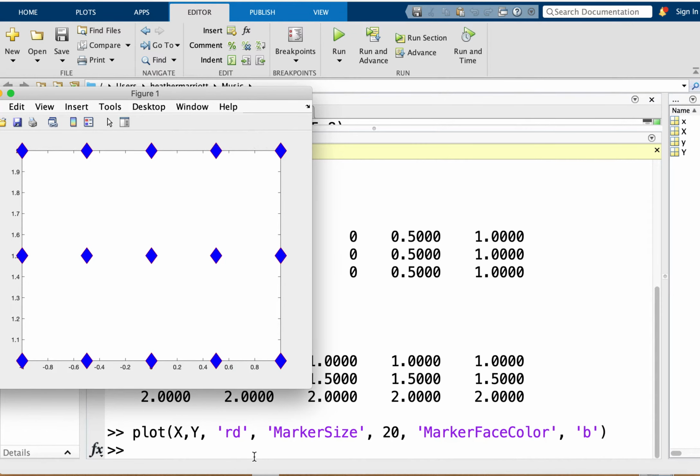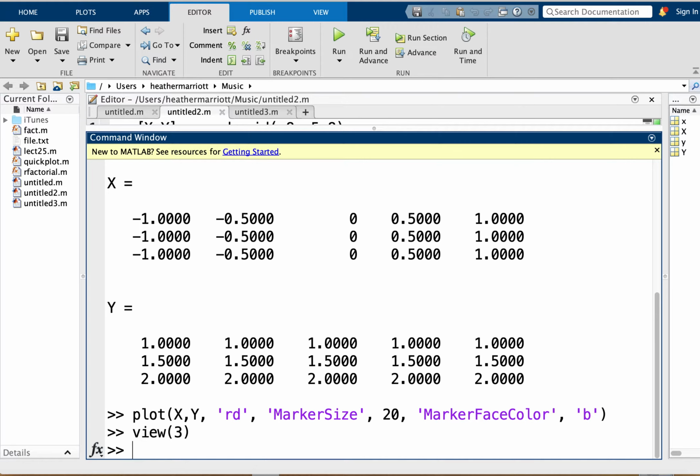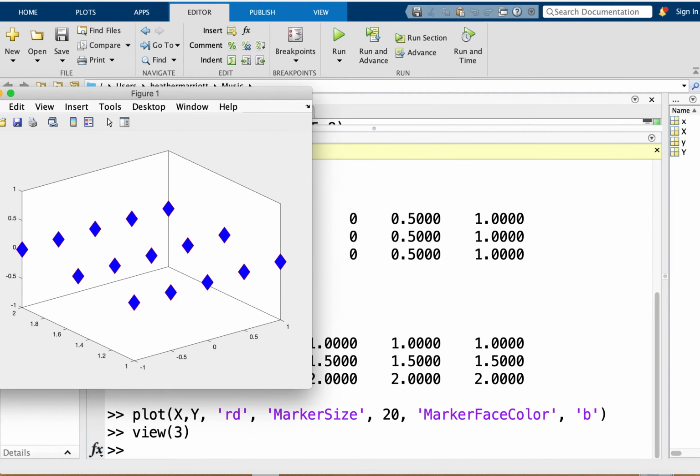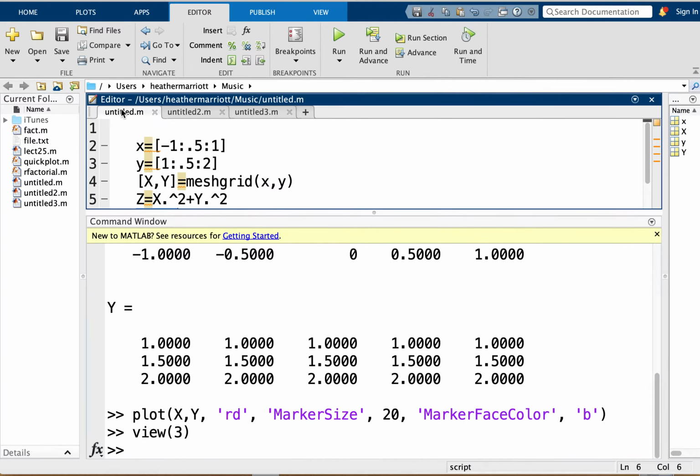And from here, we can use our command to view this as a 3-dimensional plot. And imagine I've got a 3-dimensional view of this data, and for each of these 15 points, I want to add a z value, so a height for this spot in the grid, in the mesh grid. Well, we can do that one of 2 ways, and I set the programs up ahead of time. One way we could do it